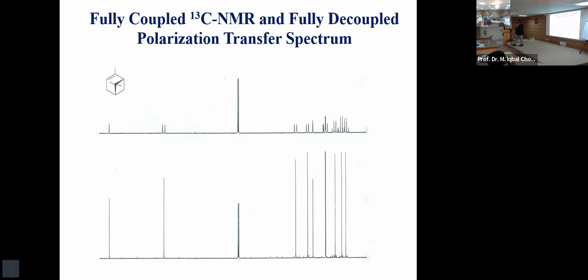Okay, carbon. No, I don't want to decouple right now. At this stage, I just want to know: carbons are split because of attached protons. Why are protons not split because of carbon? Because the activity which can be detected by